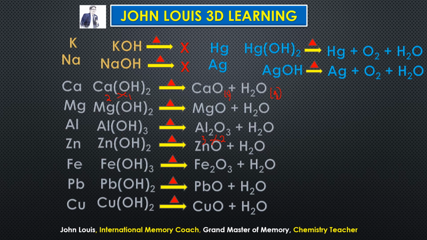You have learned the method to balance an equation, and using those ideas you should learn to balance all the equations. You should not memorize all the numbers here and there. You should be able to do it on your own. Like if you know the multiplication table, you can do any sum in mathematics. Same thing here. If you know symbols and valencies, how to write the formula, and how to balance the equation, you can write all the equations on your own on the spot just by learning the rules. Hope you understood this very clearly.